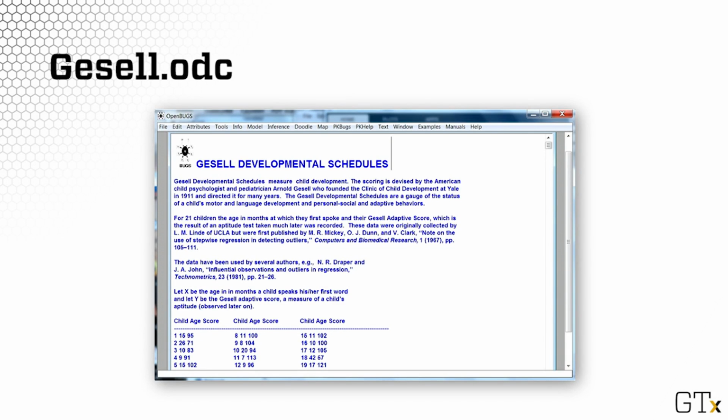This example involves essentially a regression problem, and it is in the context of the Gesell developmental schedules. It is an experiment that was run at UCLA and published, and essentially the data are the following. There are 21 children here, and their age is given in months, age when they start talking. And then, maybe during their teenage years or much later, they take this Gesell's test and get the score